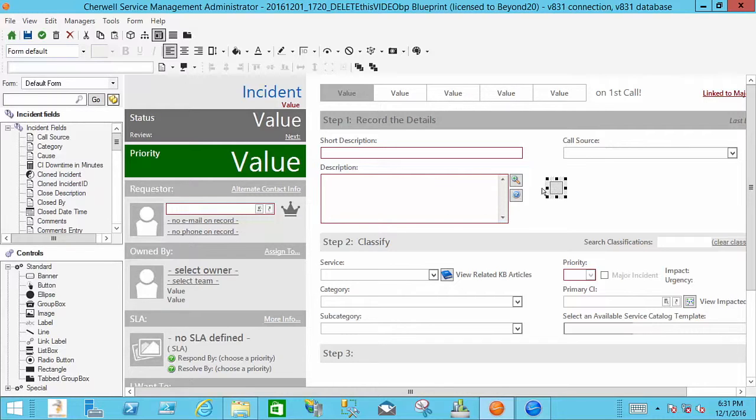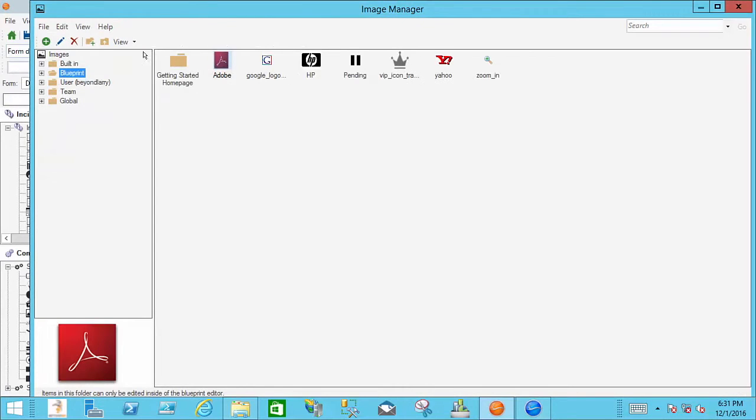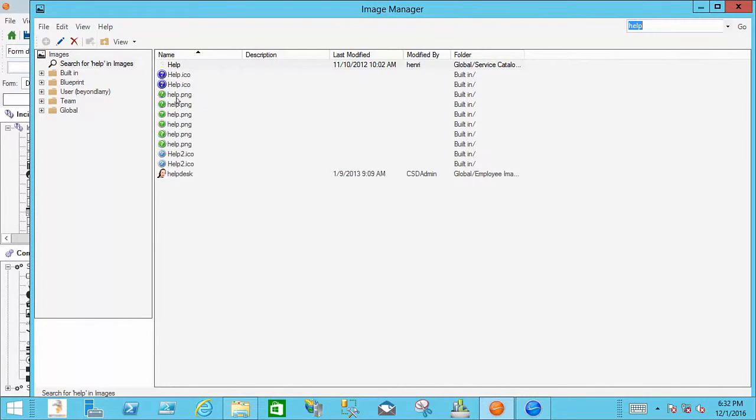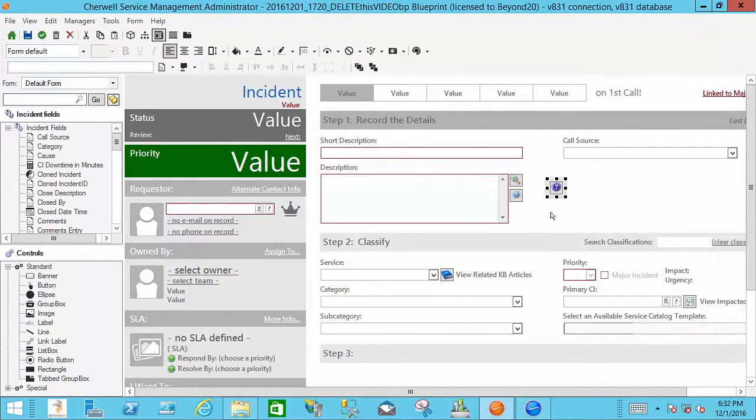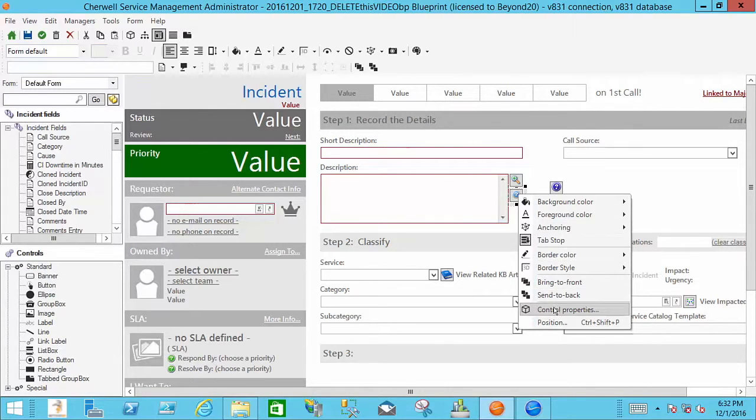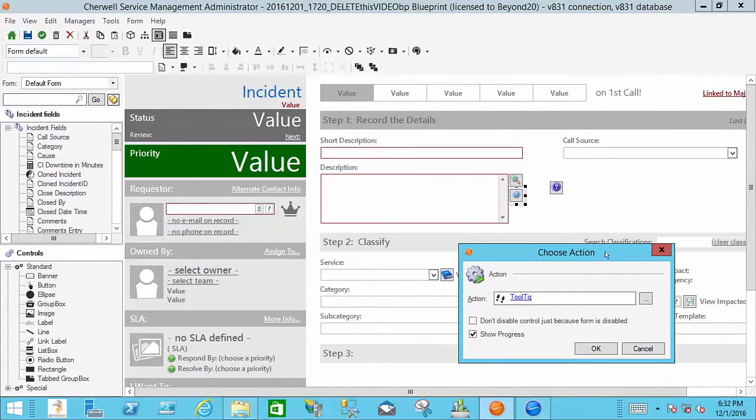Then on that button, I came up here to the control image and I browsed. In this case, I just did a search for help so I could find the help icons within the system and choose whichever icon suits you best, or you could use any of the other icons. So select your icon. Then I right click on the button, go to Control Properties,